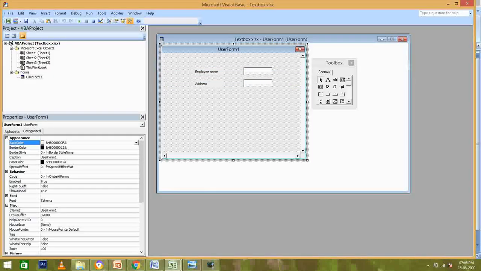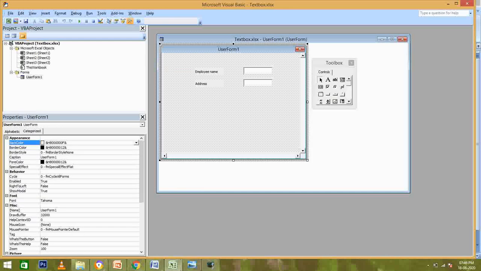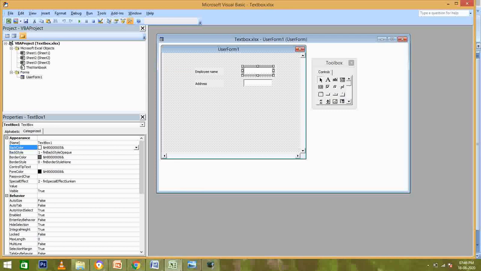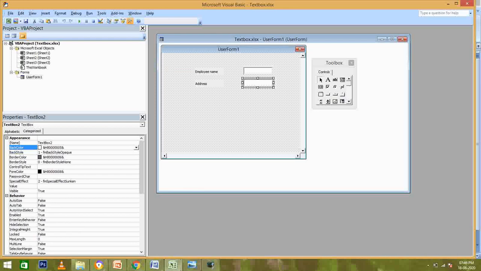Okay, so if you set it to 0, that means you can enter n number of characters over here. There is no limitation. By default it is 0. To show you, I have not made any changes in that. If you go to the text property of text box 2, you can see over here that the max length property is set to 0. That means you can enter n number of characters. There is no restriction over here.